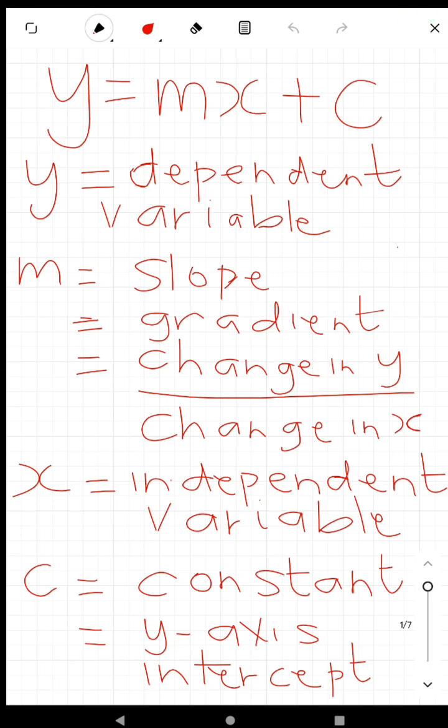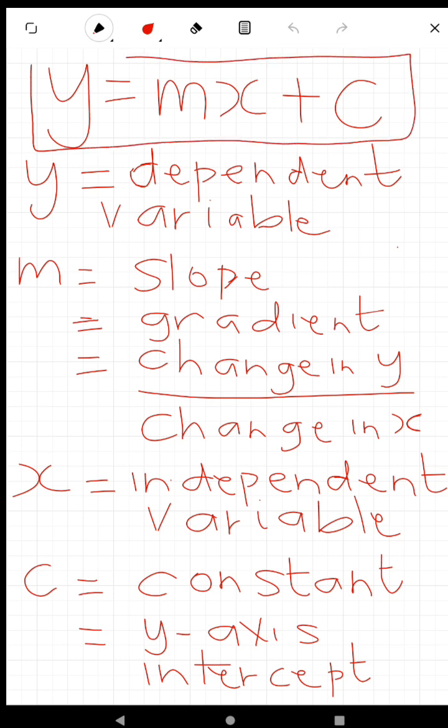So today we'll be looking at the straight line equation, y is equal to mx plus c. What is the y? Y is the dependent variable. Why do we call it a dependent variable? We call it a dependent variable simply because